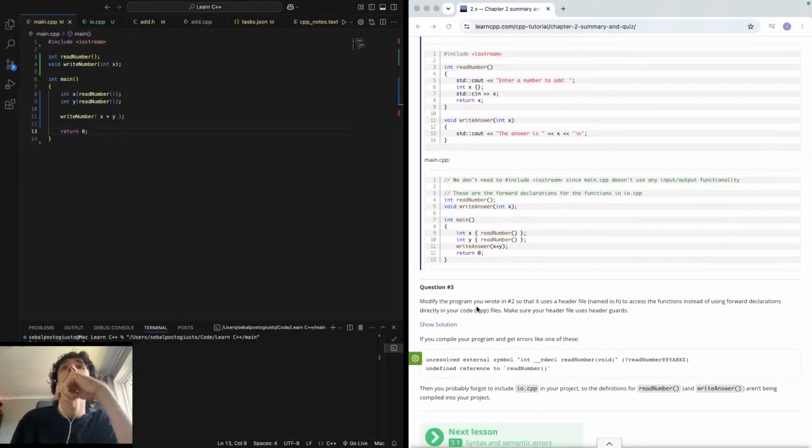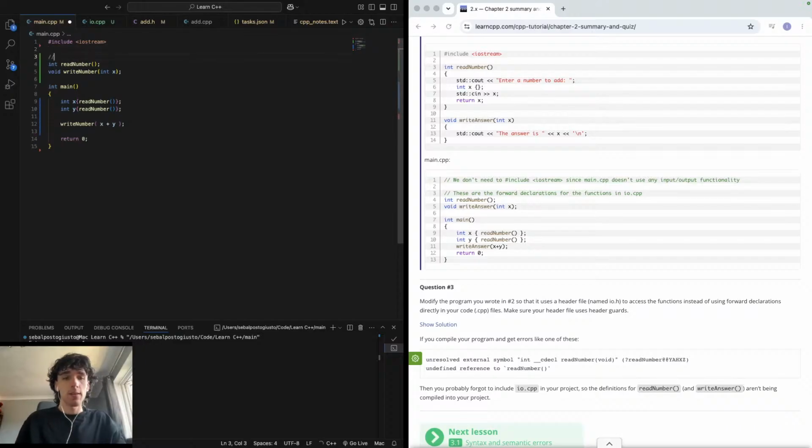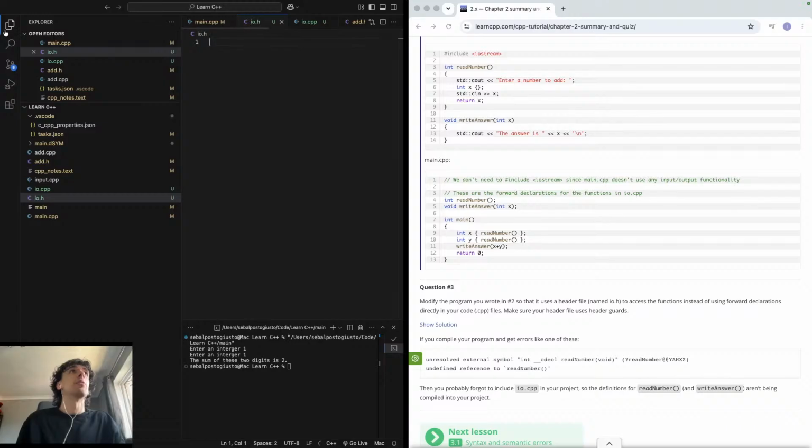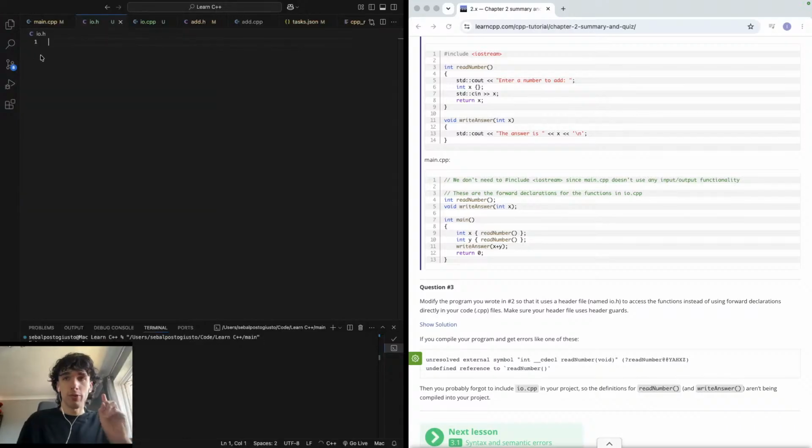Nice. Modify the program you wrote in 2 so that it uses the header named io.h to access the function declarations. So what we'll essentially be doing is removing these forward declarations. It doesn't matter, it's commented out, it doesn't need to be spelled exactly. So what we'll do is a new file, io.h, and then we will practice good code, and we will do